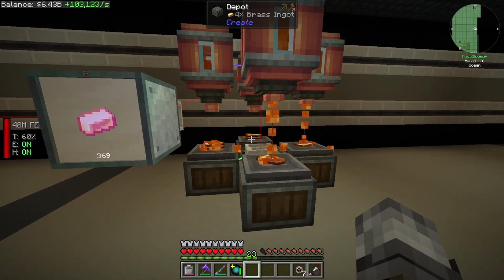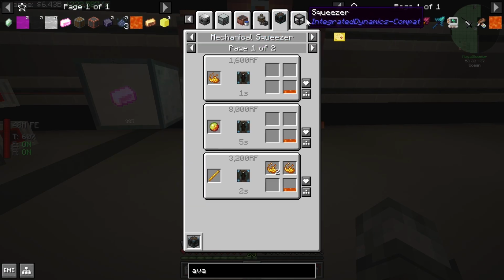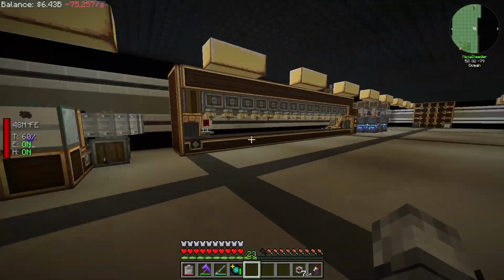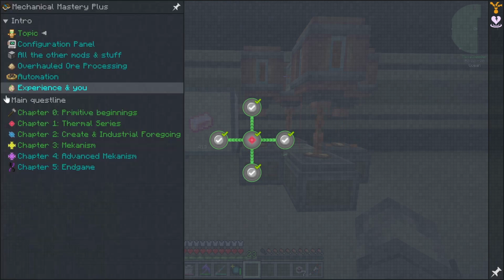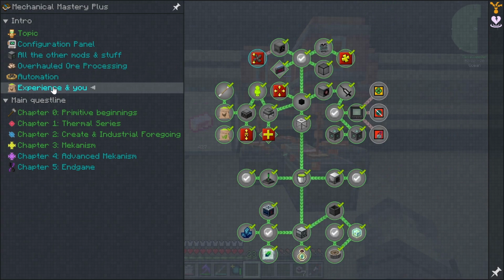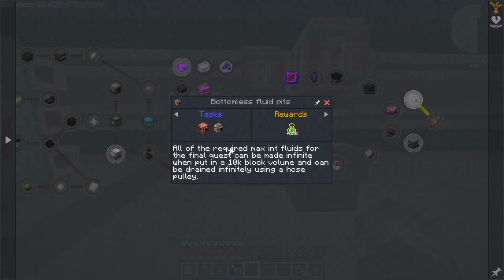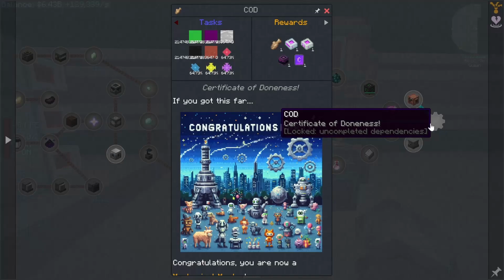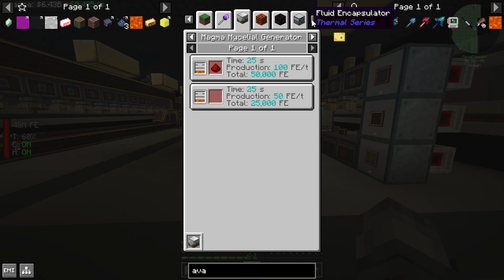And I believe we have plenty of... No, we do not have plenty of lava. Okay. So we're going to have to upgrade our lava production, and what we might just do with this, lava is an infinite pool, so if we make up, where is it? I believe there is some place in here that tells us about infinite fluids, but I don't remember. Bottomless fluid pits. All the required max integer fluids for the final quest can be made in a 10,000 block volume. So I believe, yeah, so lava we can, if we look at it, I believe,